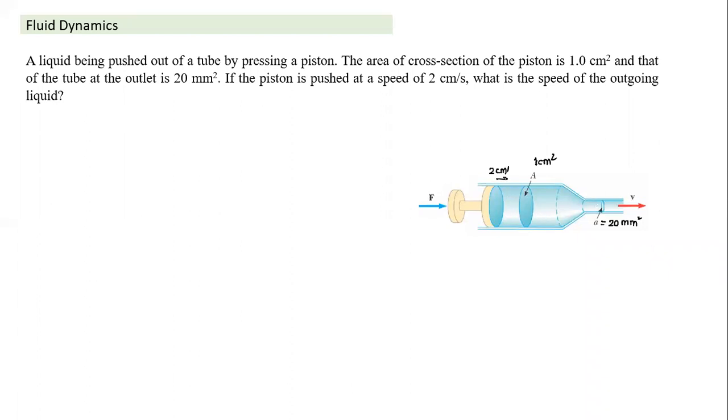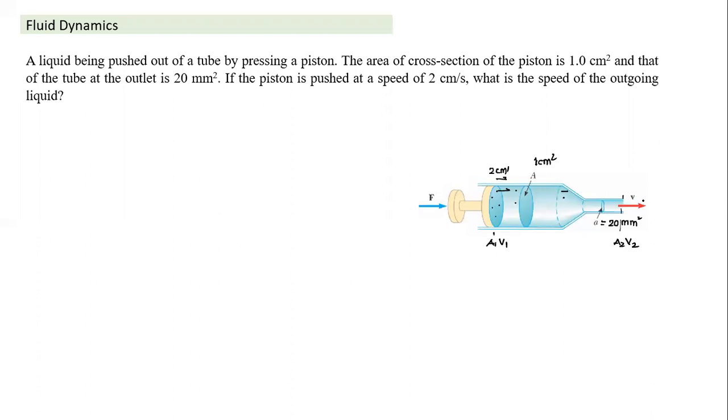So this piston is being pushed here. So basically, if all the liquid molecules which are right next to the piston are moving at the speed of 2 centimeter per second, since the total volume has to remain the same, all liquid particles within this cylindrical part also will move with the velocity of 2 centimeter per second. So it is equivalent to the continuity equation. This one cross section A1 here has a certain velocity V1. The liquid is flowing out from cross section A2 with the velocity V2. So A1 V1 is equal to A2 V2 will give me the velocity with which it will